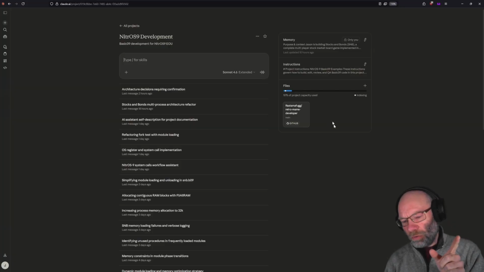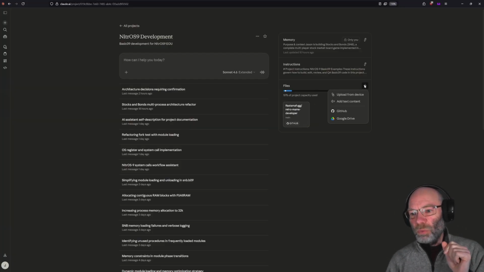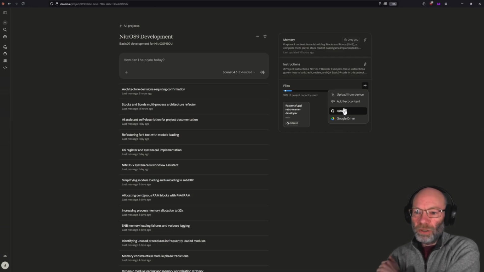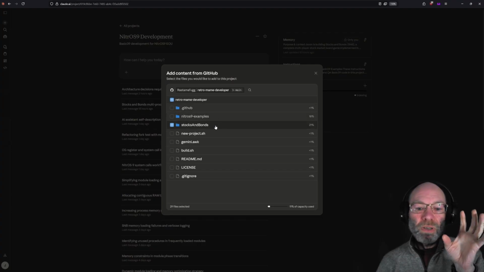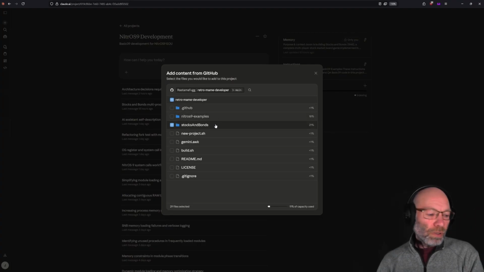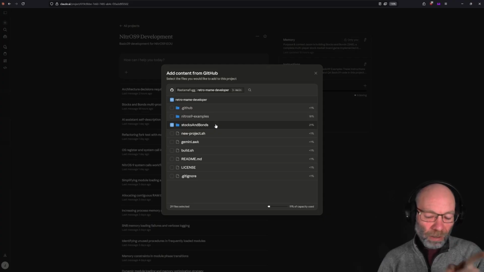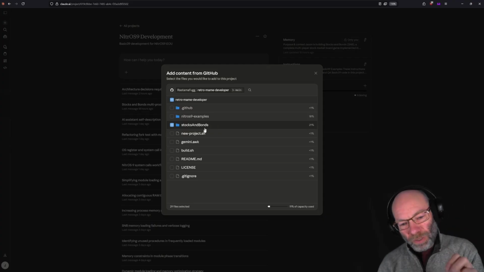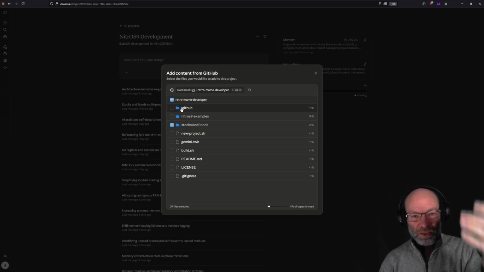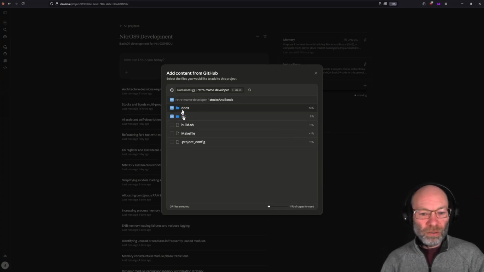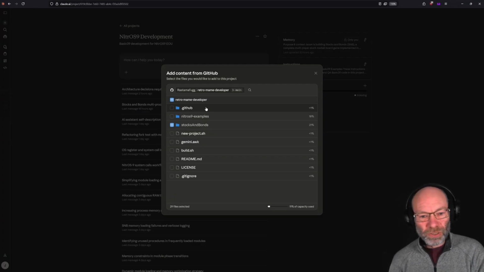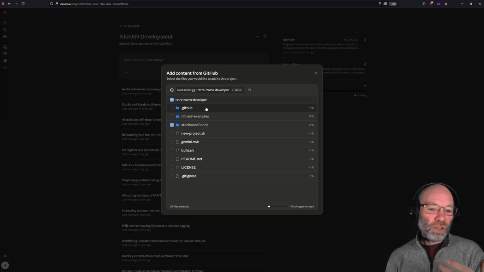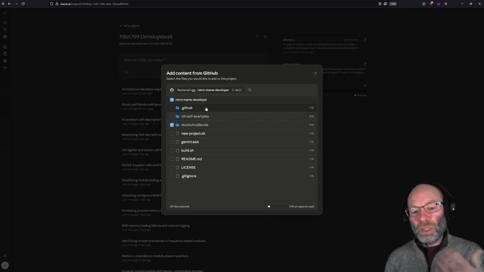And again, I think I went over this briefly before, but when you click files, you can upload, you can have any sort of connectors, and so I've got Google Drive and GitHub here. But this is the GitHub repository that I have accessible to Claude. But one of the things, and I'll come back to this in a second, is that I don't want to just give it access to everything in here, because there is a lot of, for instance, this retro MAME developer is a pre-existing GitHub project that I created for not just trying to generate NitroOS 9 code,